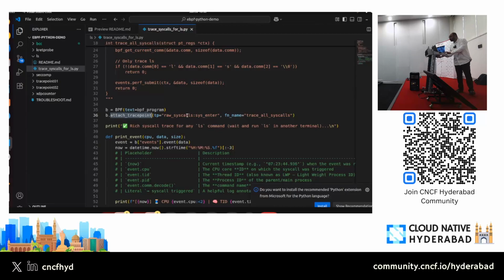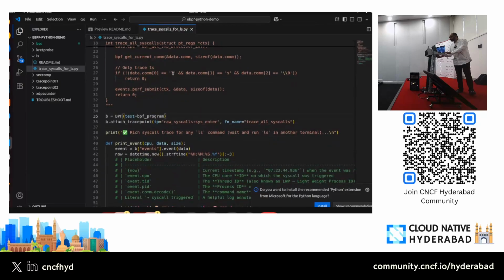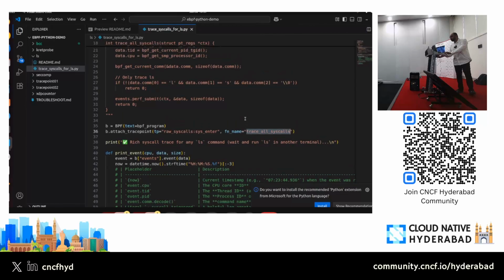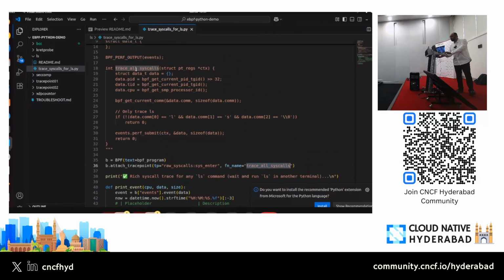So in this example, what we are attaching is this syscall. Whenever you enter ls in your terminal, this gets triggered. And we are hooking up with this function call, which is nothing but this function that gets deployed into your eBPF.